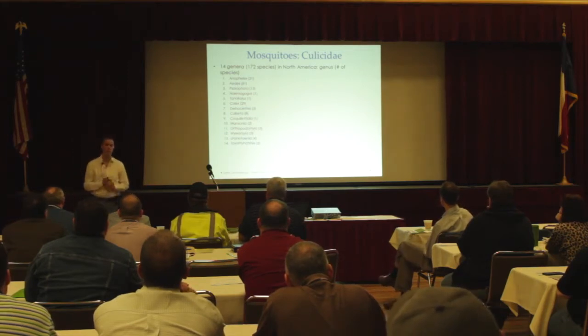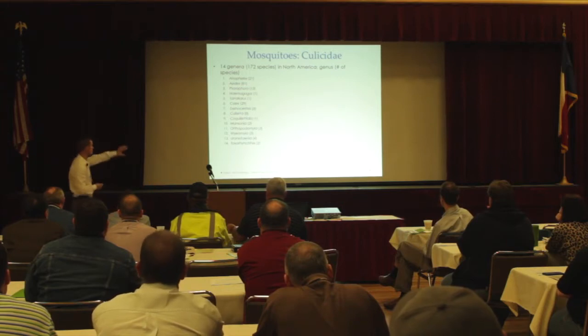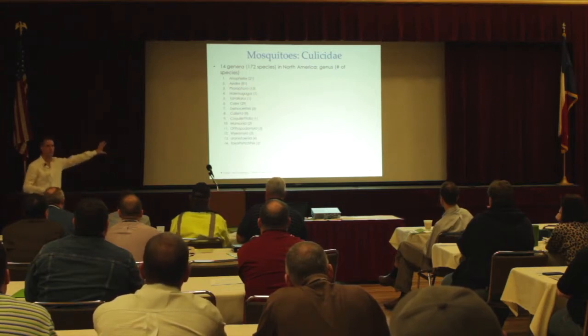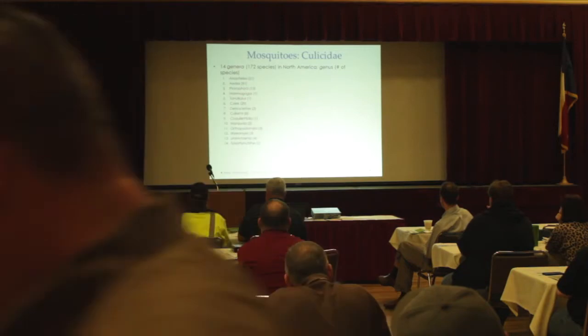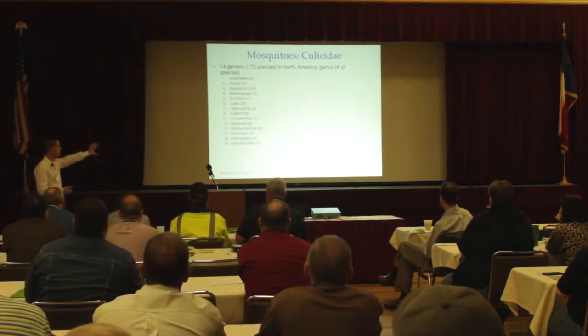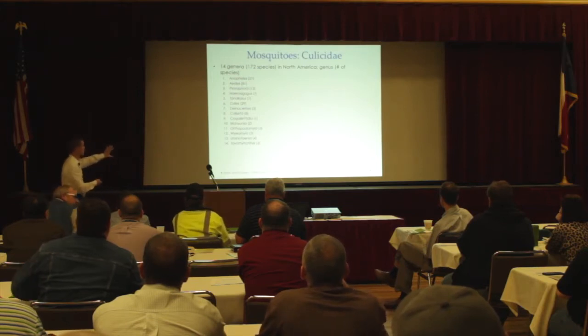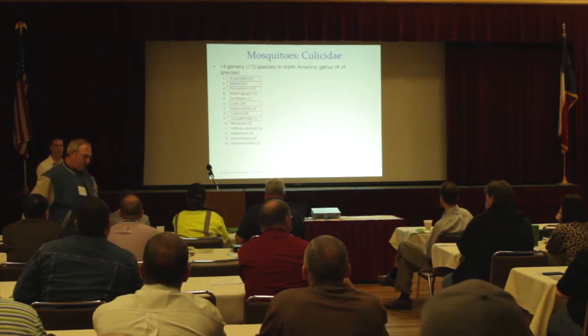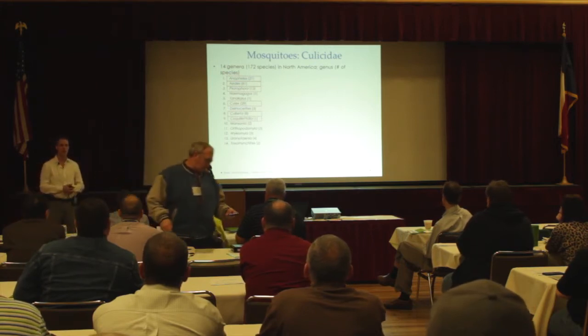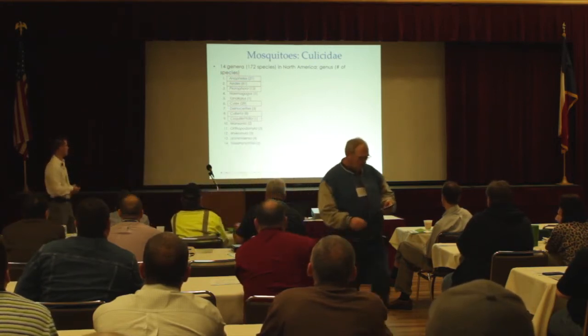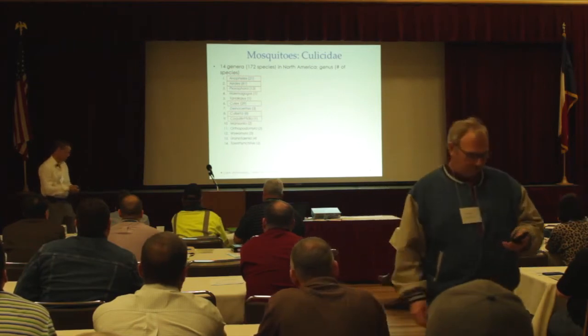From a public health perspective, this might be an overwhelming list, but the reality is we are only interested in the ones that could potentially feed on, say, humans, or would be involved in the transmission of some kind of vector-borne disease. For that reason, we can narrow this down to a few genera that are going to be somehow involved in human health